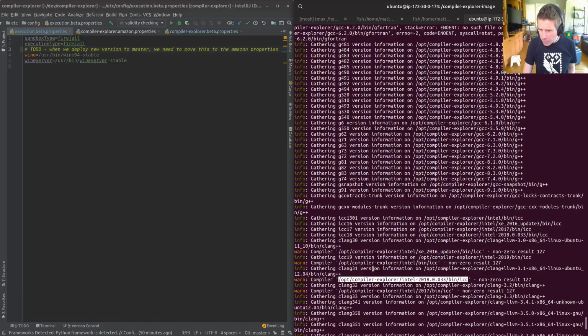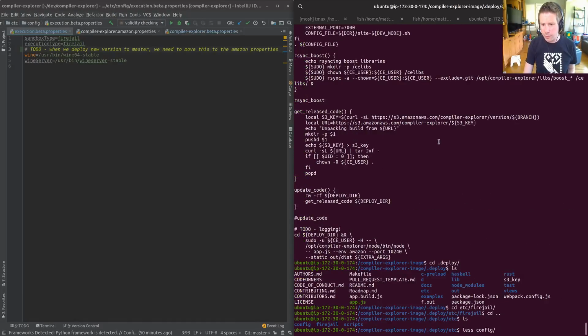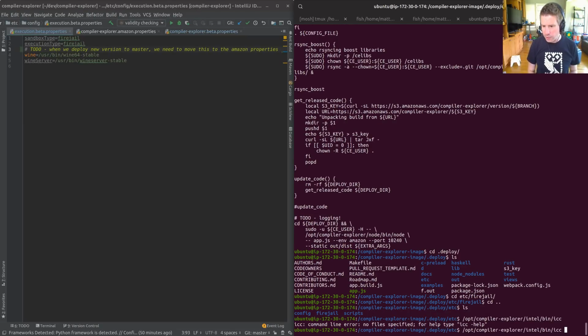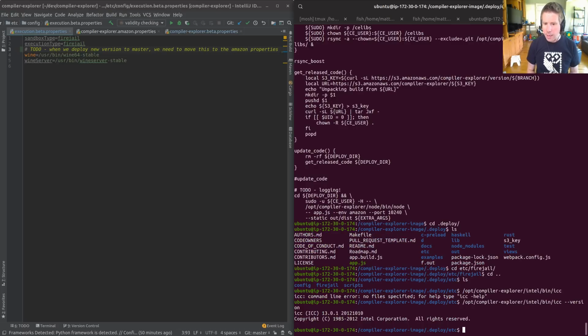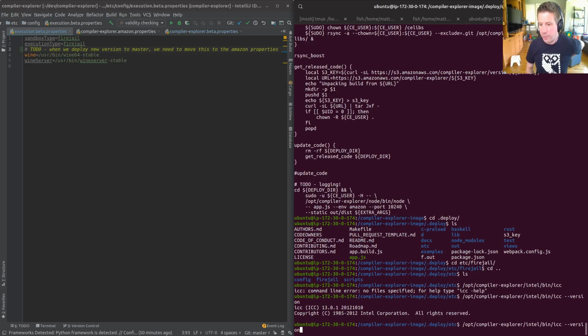So why don't we pick the easiest one here, and in another window, this one over here, see if we can work out what's going on there. So icc --version. Happy as Larry, the proverbial. A lot is working. So now we're going to run it. And it may be that we just have to upgrade FireJail, because I have run this locally, as I say. So we're going to run FireJail